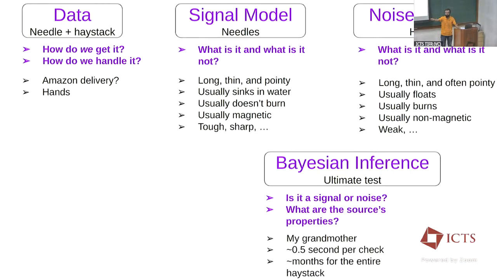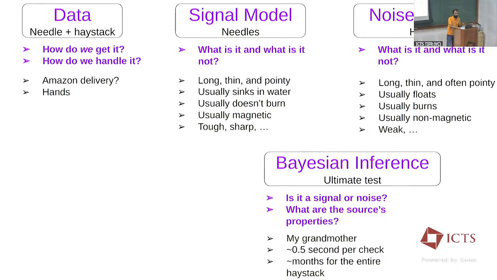I would give her some object. I will ask her, is this a straw or a needle? And she will tell me exactly what it is. Just an example. The issue with this is that for every object, she is going to need some time to look at it and tell me what it is. And if you do it for the entire hay, which is like 1 million objects, it's going to take months to do this. And it gets worse for gravitational waves. It turns out that this ultimate test, which is called Bayesian inference, takes about 100 hours per little chunk of data. Now, 100 hours times all those 10 raised to 8 seconds, I'm not going to live that long.